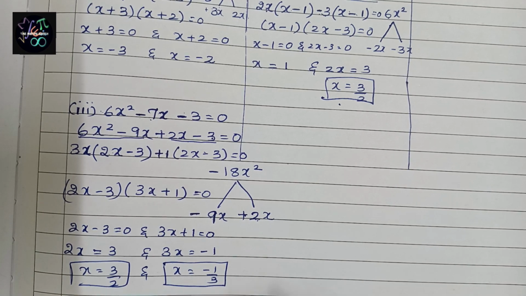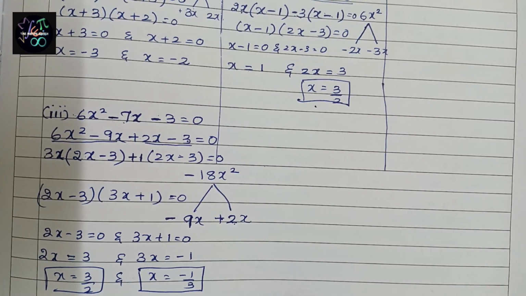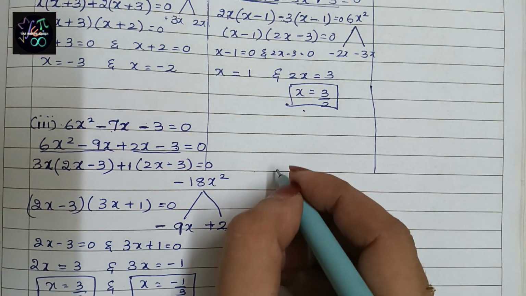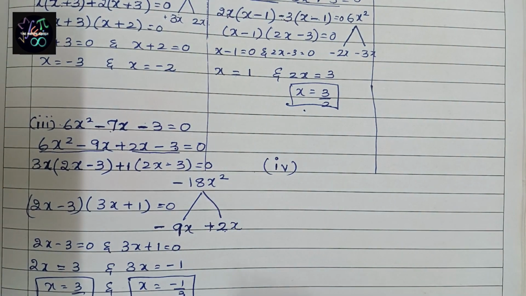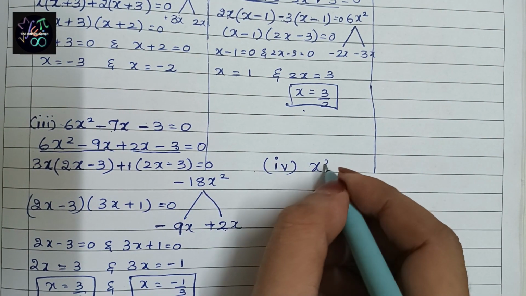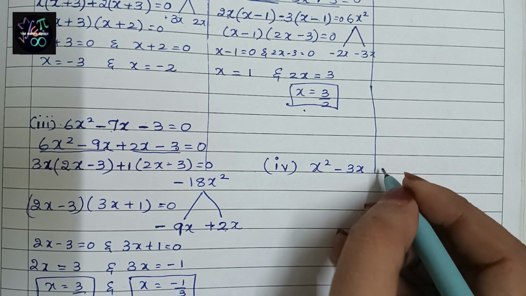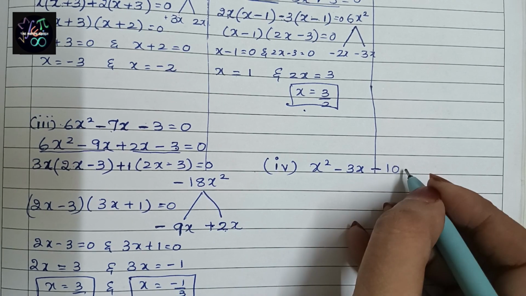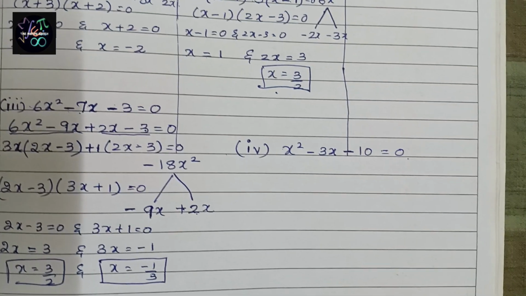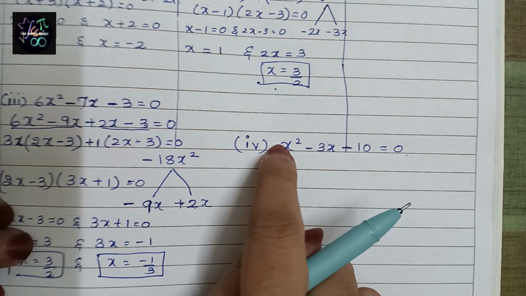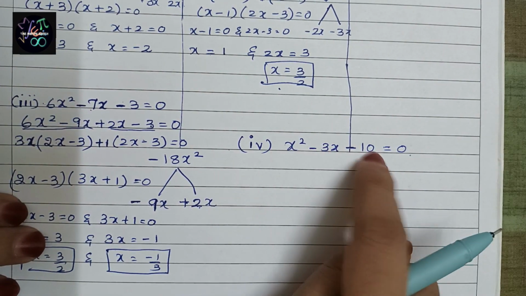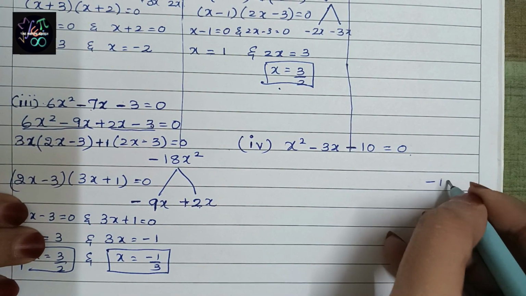So I'll take one more question so that you can understand well. This is the fourth question. X square minus 3x minus 10. This is also a question from the question paper. Let us solve now how. First and last number we have to multiply. 1 10s are 10, but we have minus sign, minus 10x square.